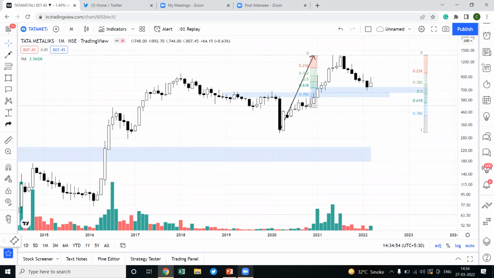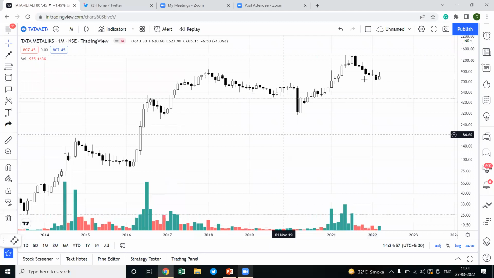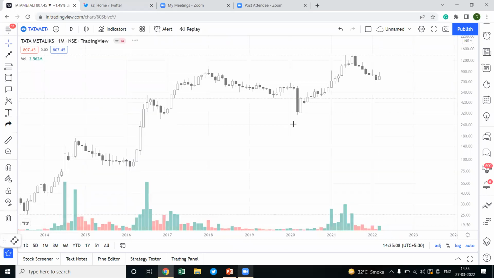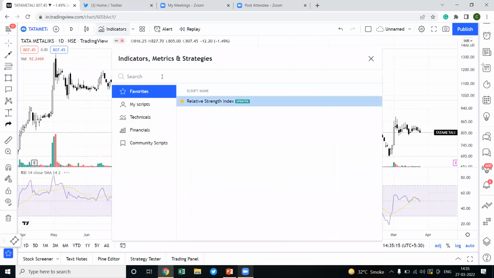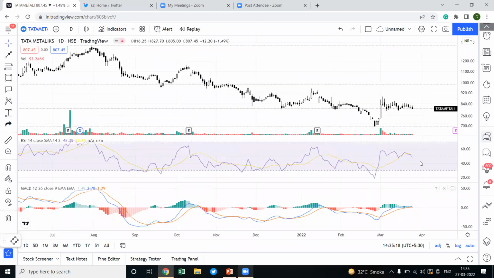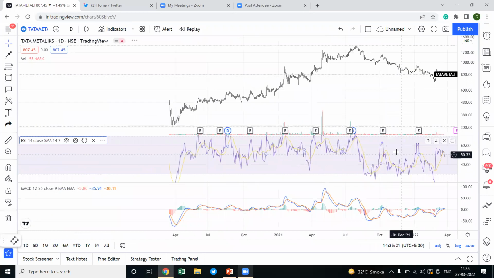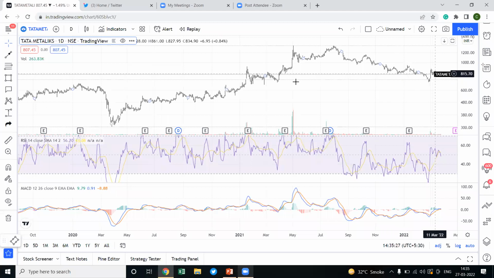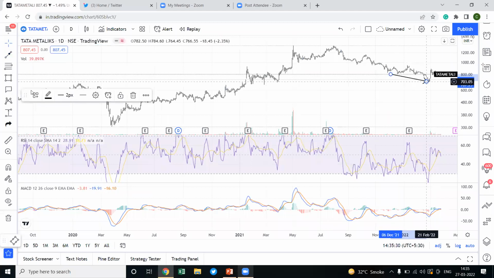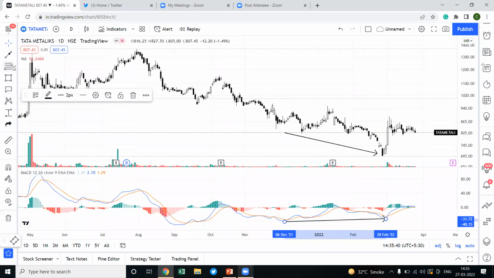As you can see, the overall trend on the monthly chart of Tata Metaliks is to the upside. The stock should ideally take support from the 650 to 700, 750 mark. But on the daily chart, we'll look to see if there is some kind of reversal pattern, RSI or divergence. Just give me a second. So there was a MACD divergence,